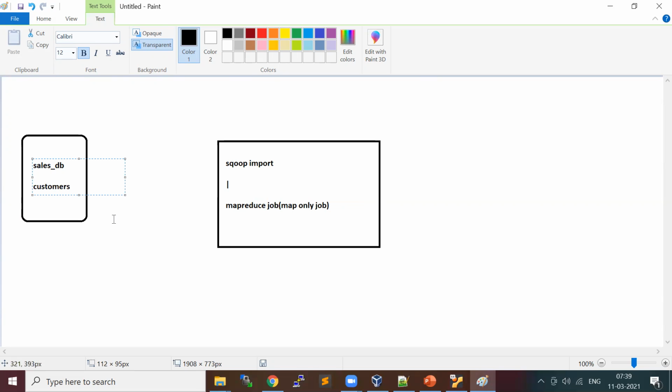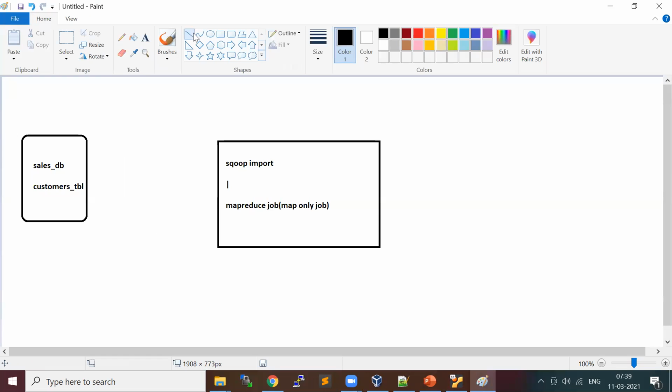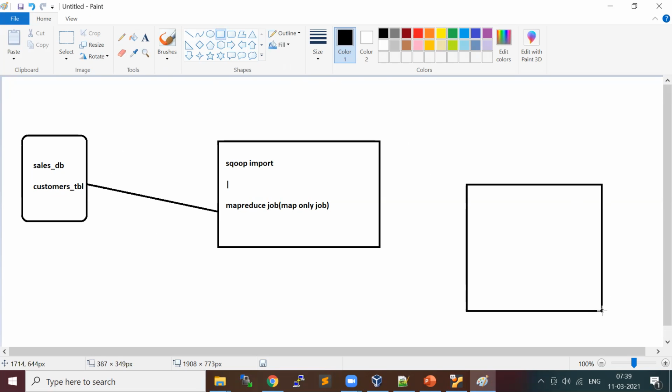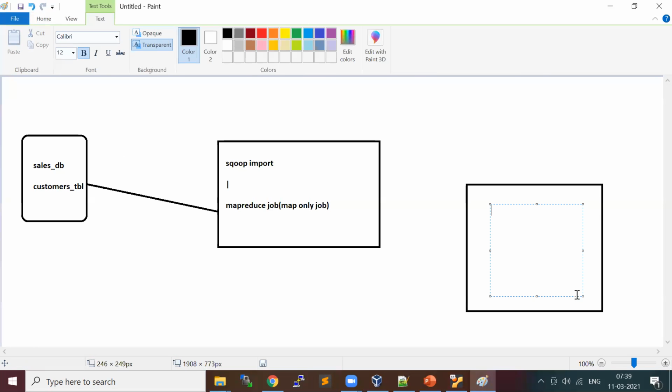I want to bring this table to the HDFS, to a data customers directory.